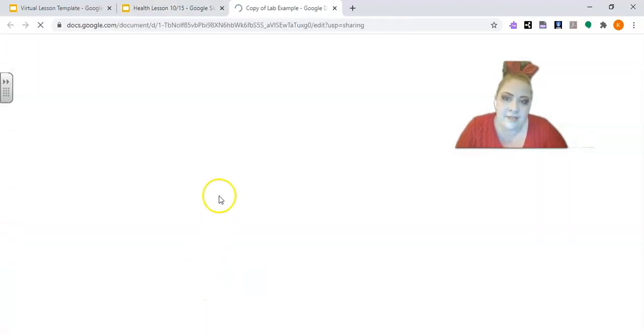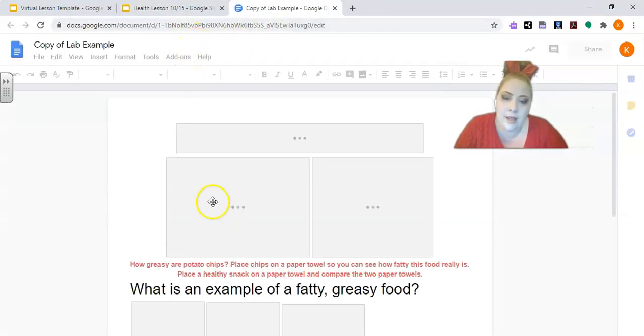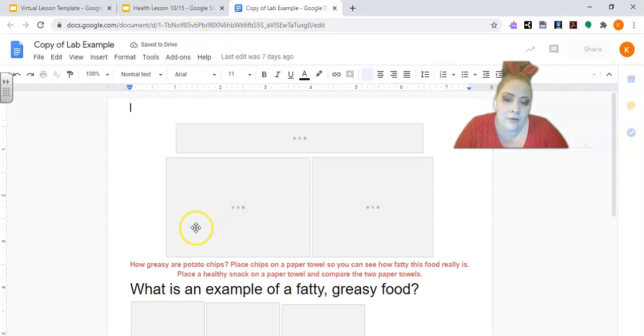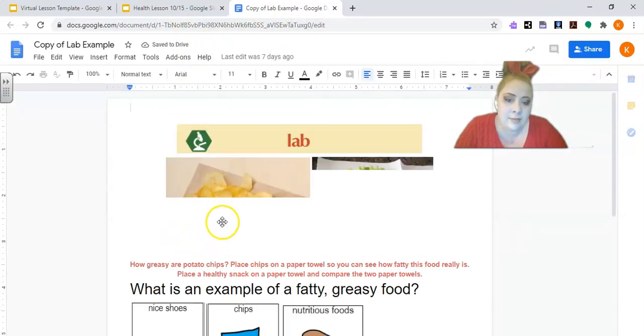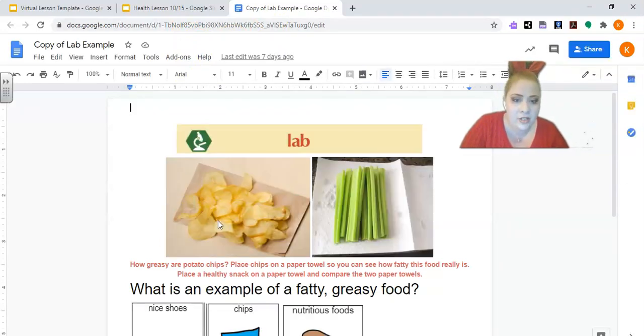We just picked an activity that went well with healthy foods. The lab itself, I like to make it really simple and self-explanatory, but with not too many directions so that the teacher can decide what they're going to actually do with it. So I just put a generic picture, do something with this. This is kind of a common